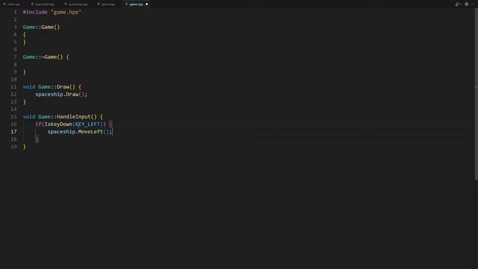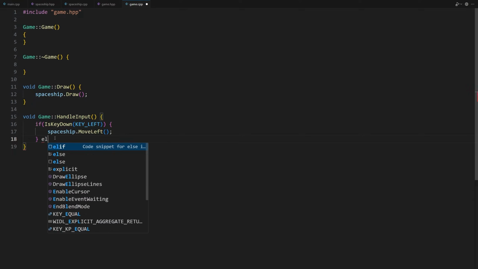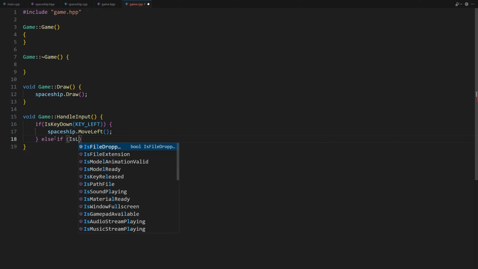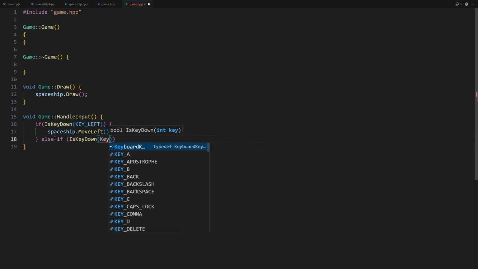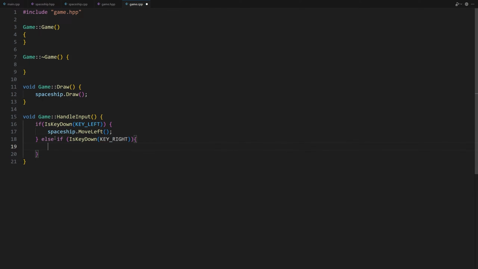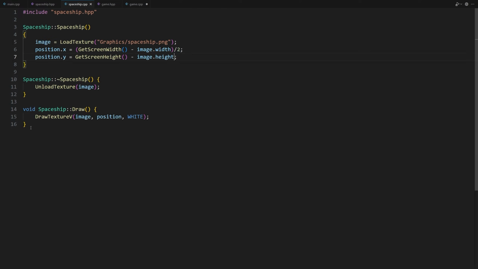We can do the same thing if the user presses the right arrow key on his keyboard. If IsKeyDown(KEY_RIGHT) and curly brackets, spaceship.MoveRight().